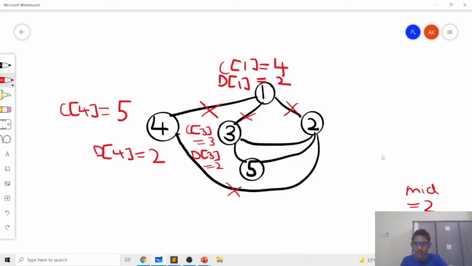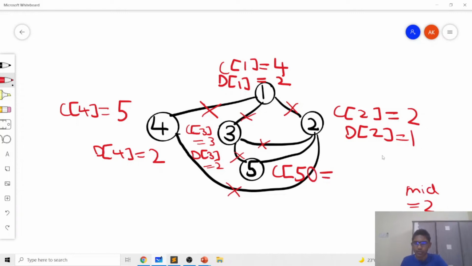And then we can remove this and consider node 2 or node 5, either one of them. If you consider node 2 for example, then c of 2 will be the next smallest value, which is 2, and d of 2 will just be 1 because there's one remaining neighbor. And in the end we take the smallest value, because we went from 5 to 4, then to 3, then to 2, and now to 1.